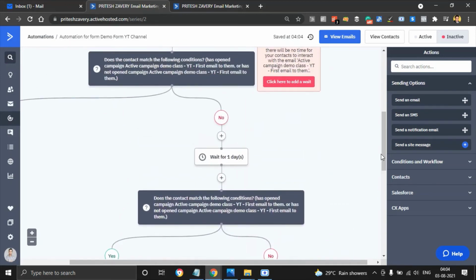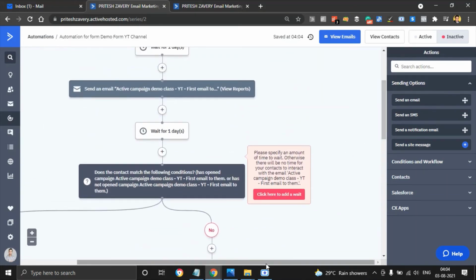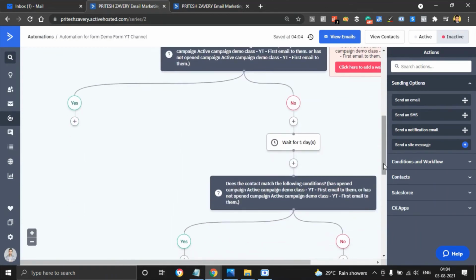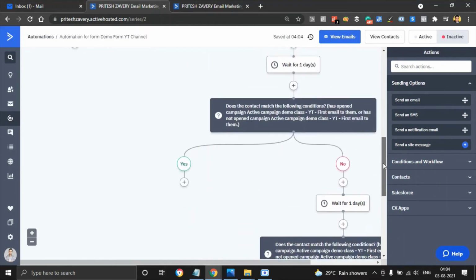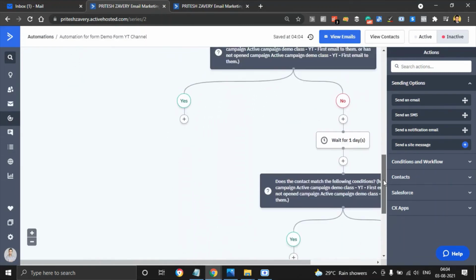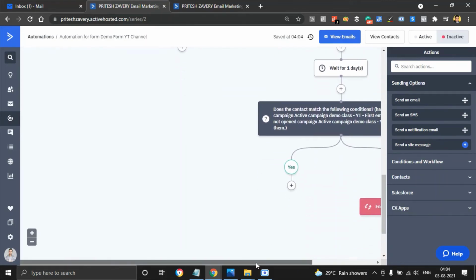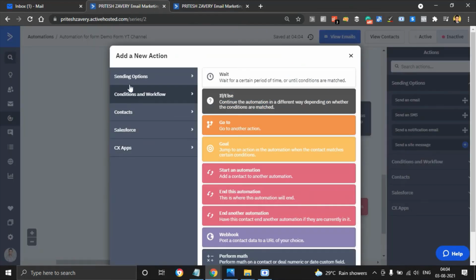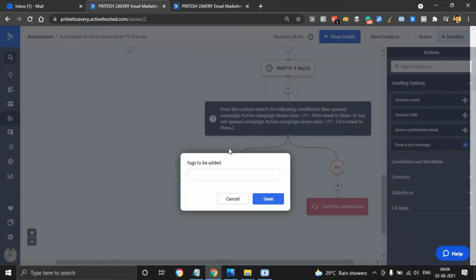Now we are interested in the other set of people who have taken interest in our emails. The first time we sent the email, the people who opened our email, we want all of these yeses to receive the same kind of information or treatment. So for example, in this case, let's say the third time I will say plus, and then I will say add a tag. I want to add a tag to these people.